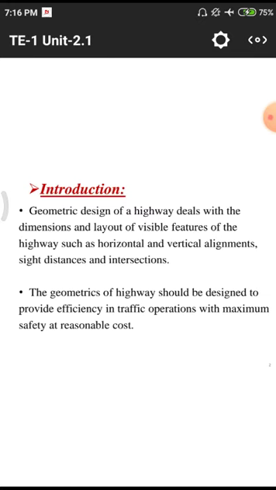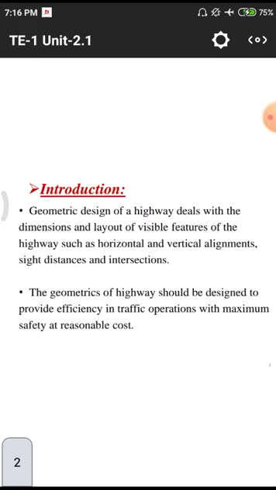Next one, intersections. Intersection means two or more roads connecting at a particular point. Those points are called intersections. That means at a particular point we have more than two, up to n number of roads. Those are called intersections. At that particular intersection we need to provide different kinds of arrangements to avoid accidents and other collisions, and we need to take some precautionary measures to avoid traffic and other obstructions which are faced near the intersections.